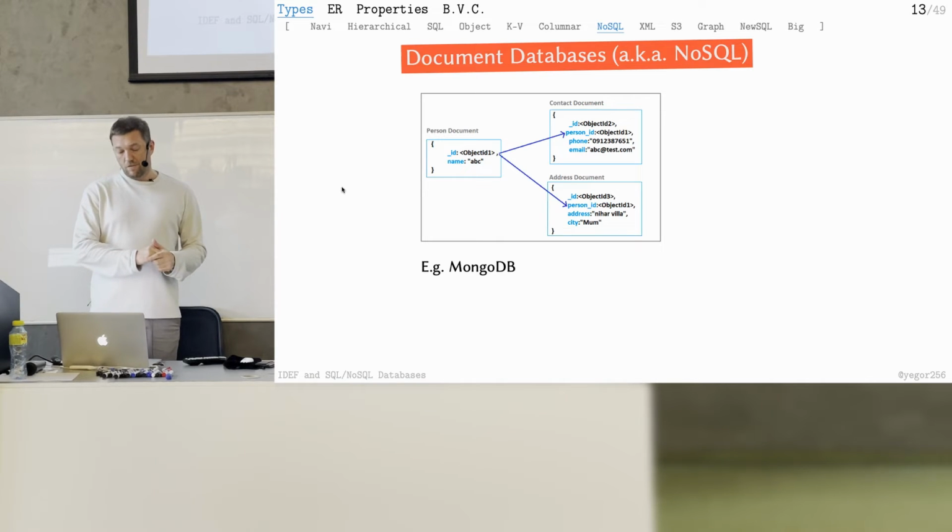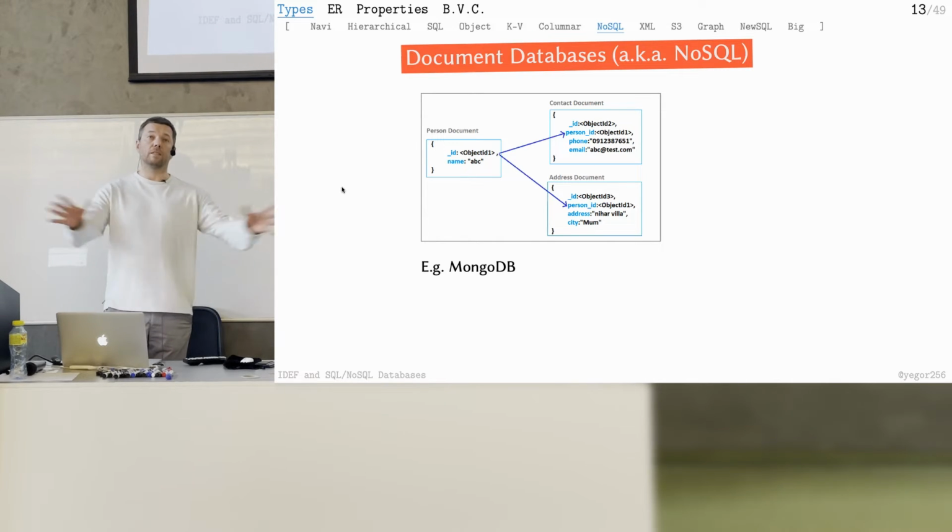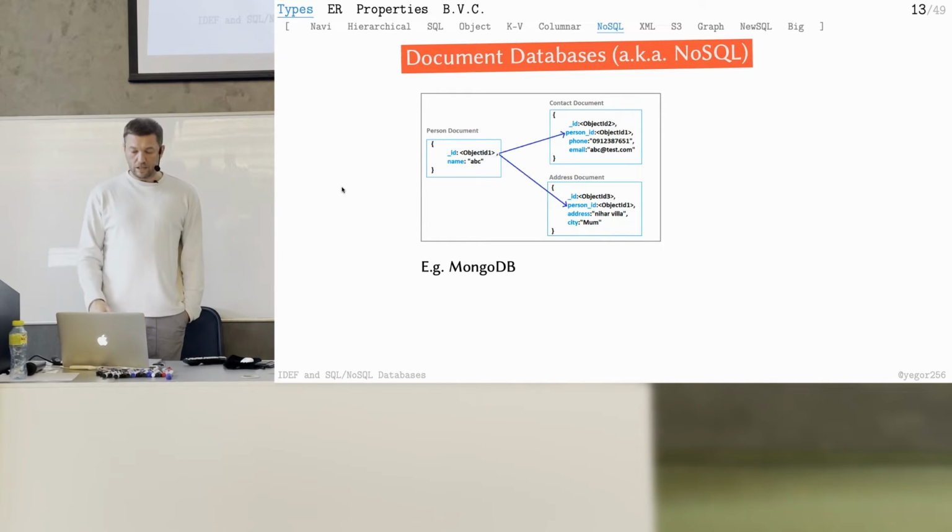But in general, if you ask me, you need to be very careful with the design of your documents anyway, because MongoDB can be very slow where relational databases are very fast, and you cannot imagine how this request can be slow. MongoDB will be extremely slow in this case, and you will not understand what's going on. So it's completely two ways of thinking: relational database and NoSQL databases. But NoSQL is extremely flexible, especially if you don't know the structure of your data up front. You're just experimenting. So in this case, MongoDB is good.